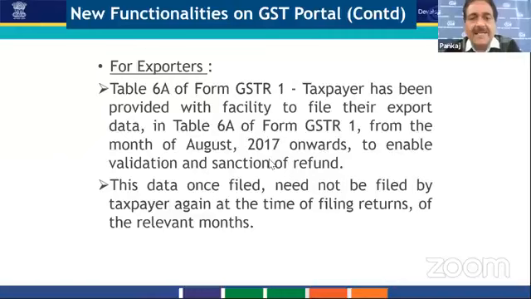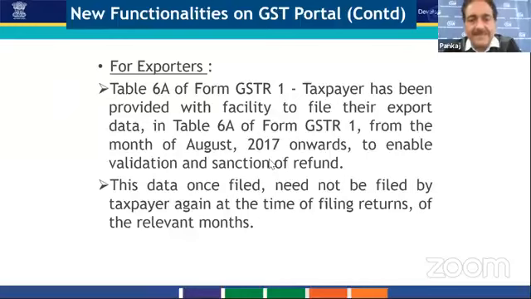And once you file this data, you need not file this data in table 6A while filing GSTR1. But again, there's one condition that before doing this, you must have filed the GSTR1 for the month of July.